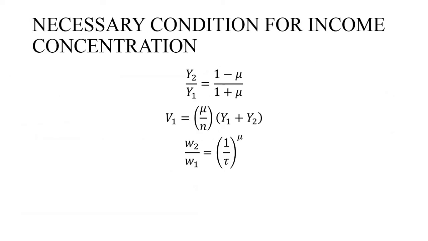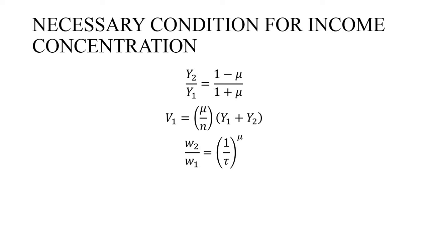So a very similar analysis can be conducted using another research strategy. And here we analyze the necessary condition for income concentration. Based on what we discussed before, the relative income in two regions, or the ratio of income in region 2 to the income in region 1, can be calculated as the ratio of 1 minus mu, the labor force in the second region, to 1 plus mu, the stock of labor force in the